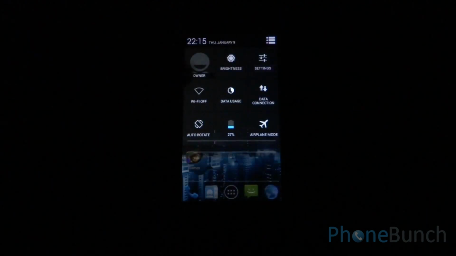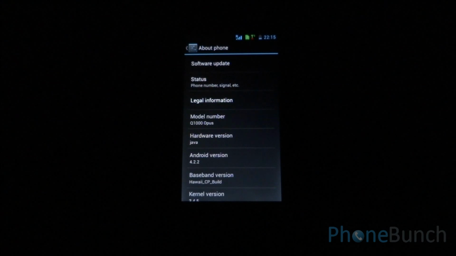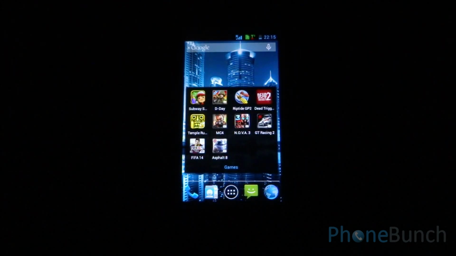We'll quickly jump into settings, about phone. So you can see from here it's a Q1000 Opus running Android 4.2.2 Jelly Bean. We have several games lined up for you. Let's have a look. We have installed all these games and we'll be playing them one by one, starting with